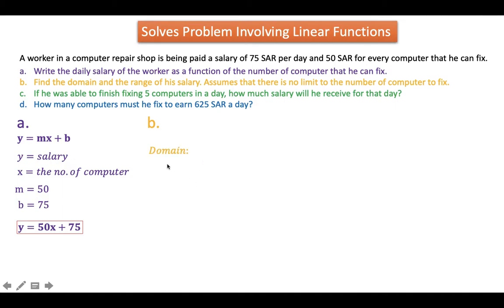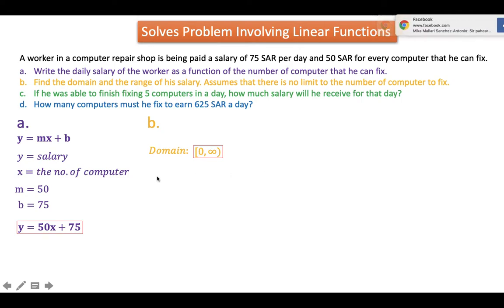Okay, so remember that when we say domain, that is the set of all x values. And our x here is the number of computers. So what is the minimum possible number of computers that he can fix? In this case, that is 0. We cannot say negative because the lowest number here is 0, because we're talking of a quantity. Okay, so what is the largest possible number of computers that he can fix? That is positive infinity because we will assume here that there is no limit to the number of computers that